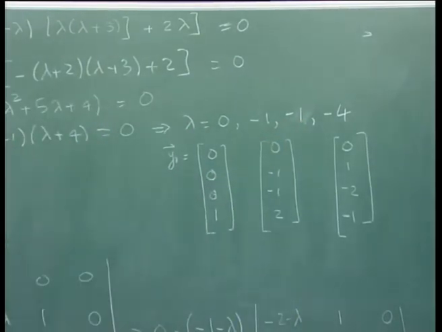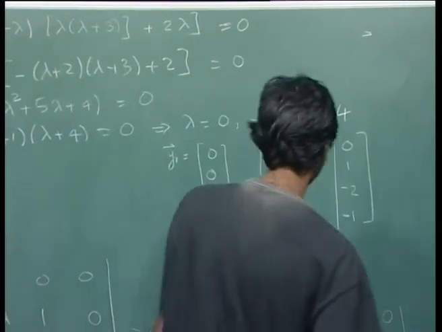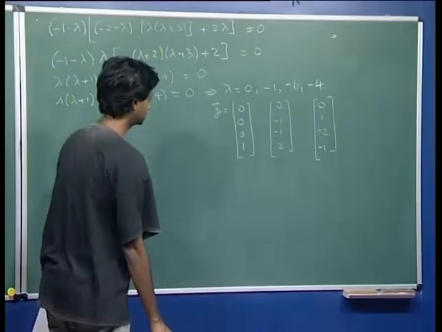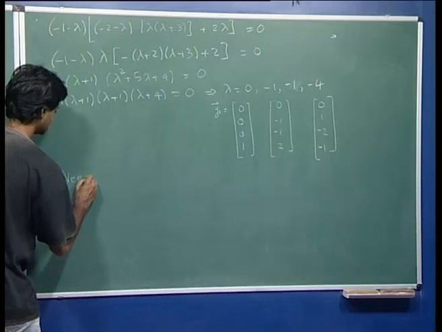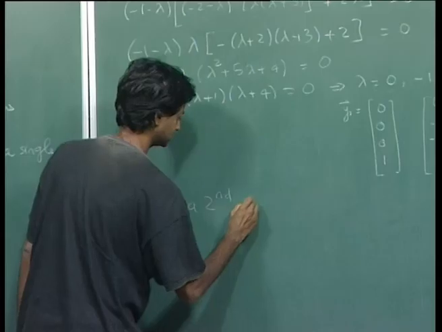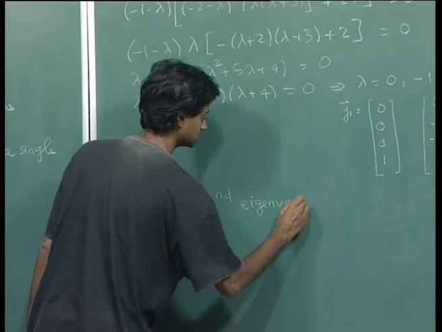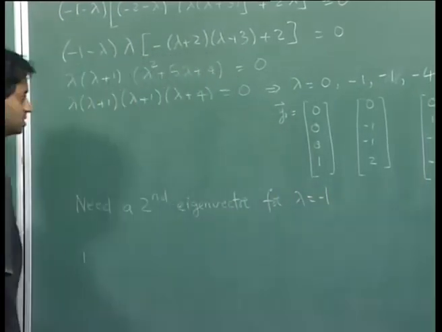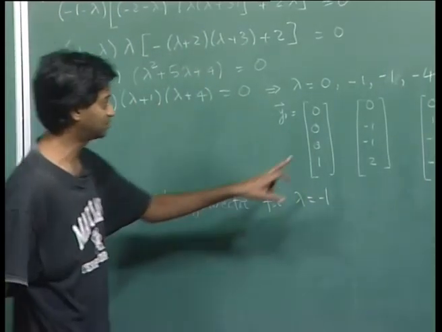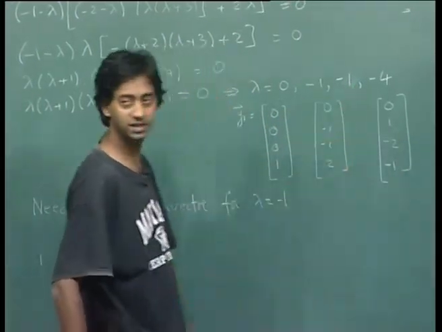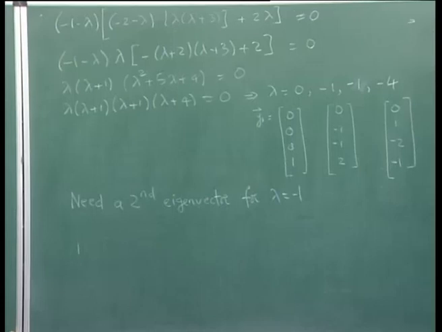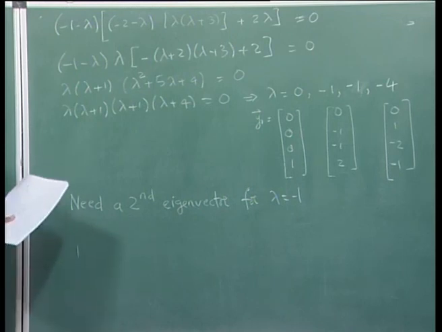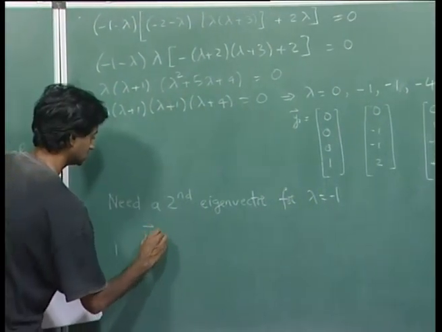Okay, in order to generate the second eigenvector corresponding to lambda equal to -1, we will use a trial solution. So we need a second eigenvector for lambda equal to -1. Since this is a doubly degenerate eigenvalue, you need two linearly independent eigenvectors, and to generate that we use the concept from differential equations, and we say that we use y is equal to,